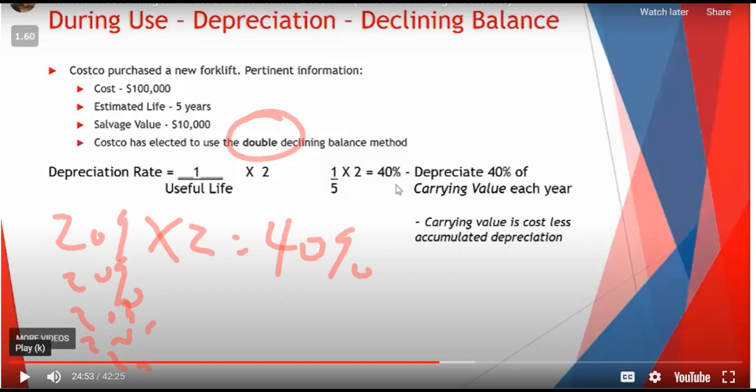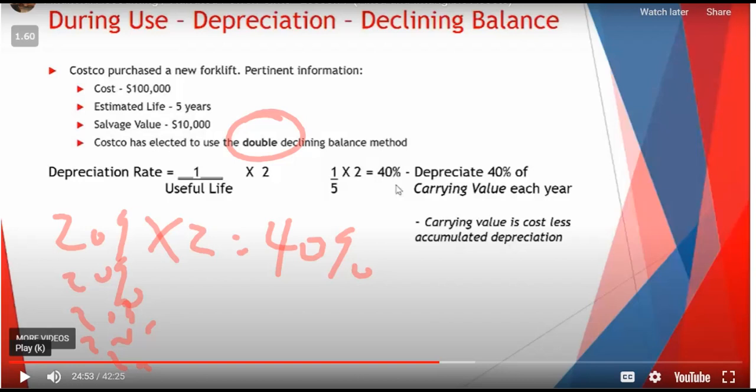So again, we can do double declining balance. We can do triple declining balance. We can do 150% or 1.5 of the declining balance. This case is double the rate. So if it was a 10-year depreciation, instead of 10% a year, you do 20% the first year, and then 20% on the remaining balance, not the original amount, but the remaining balance, so it keeps decreasing.